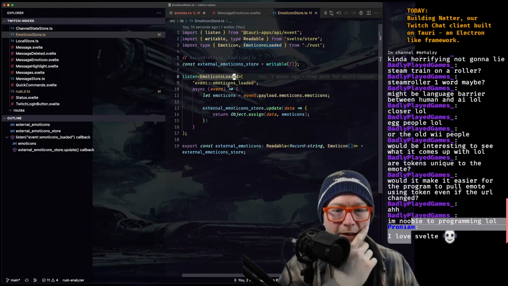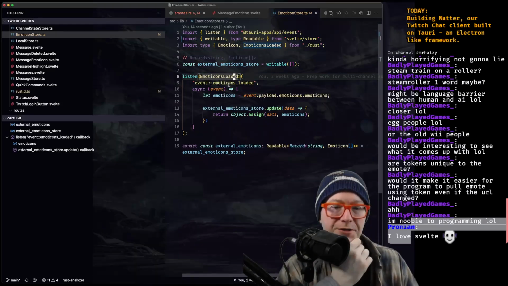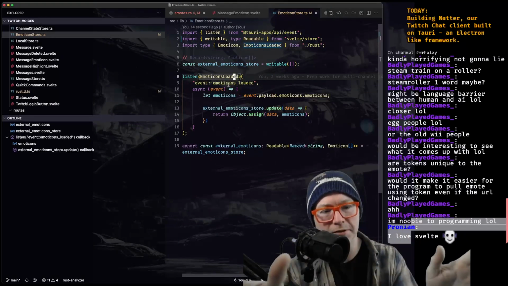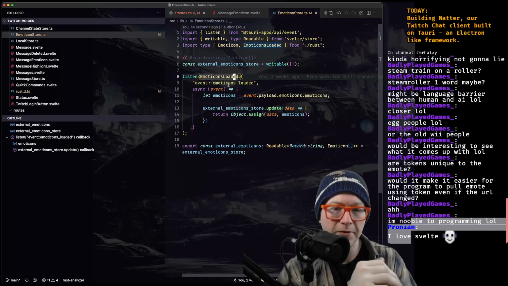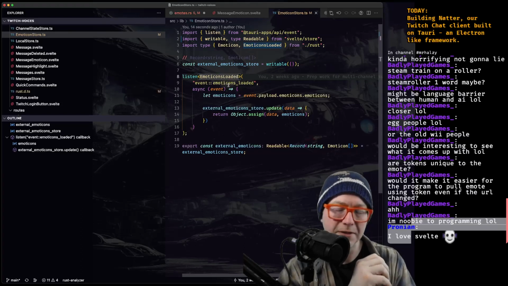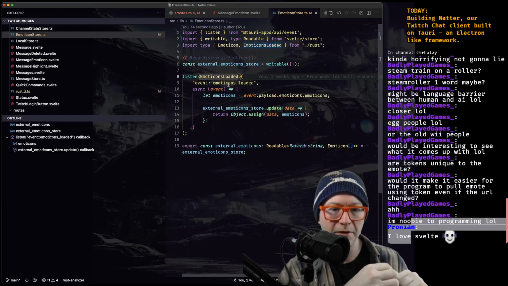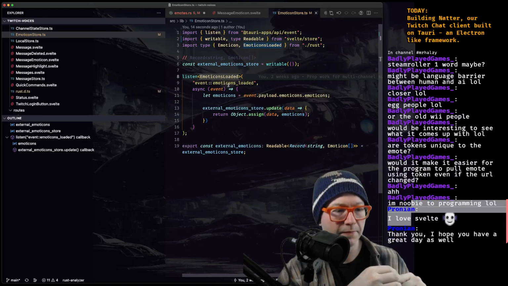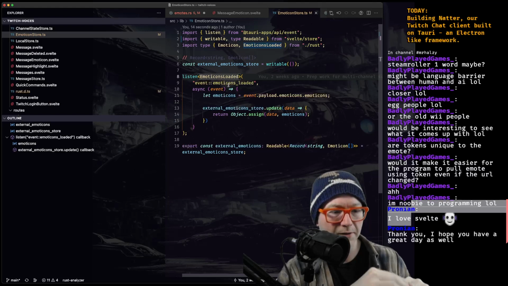And where we ended up on this path was that we had just split up all the emoticons in the Rust side into their own little buckets. And then we were coming into the JavaScript side, and I was like, you know what? We should just rely on the Rust side for this information instead of doing this twice.